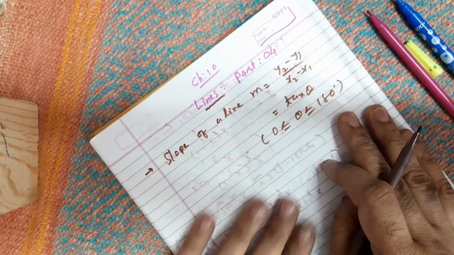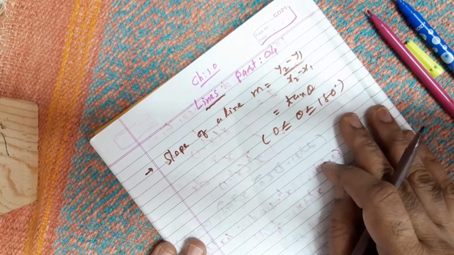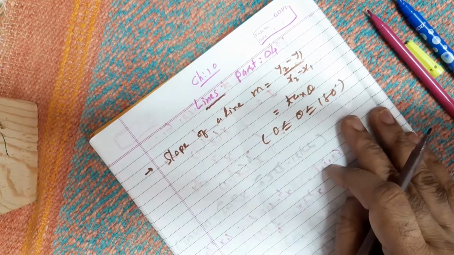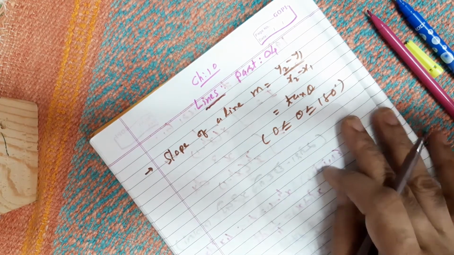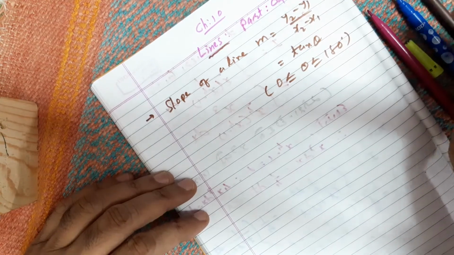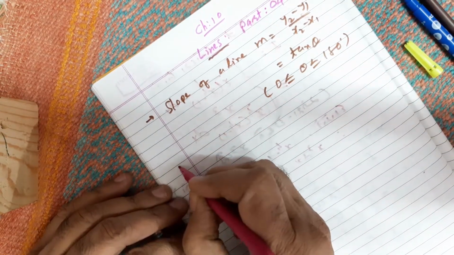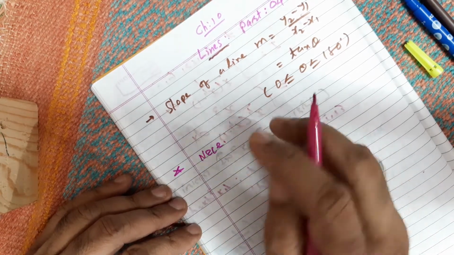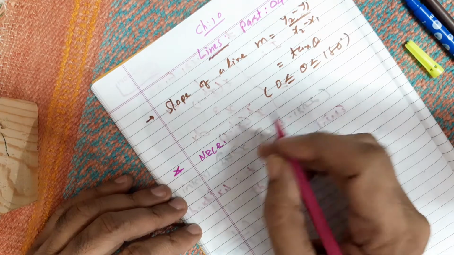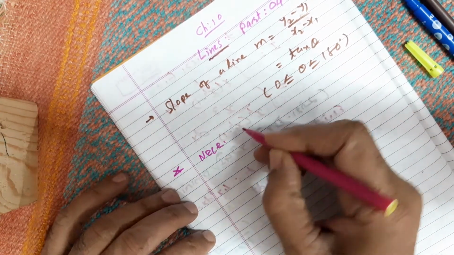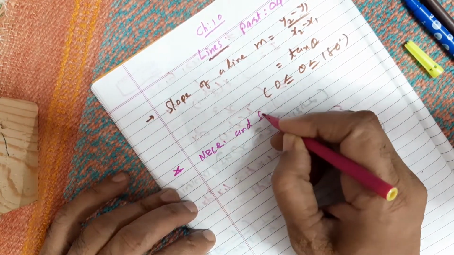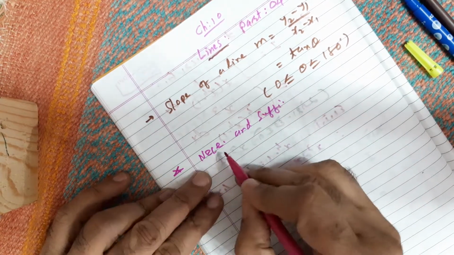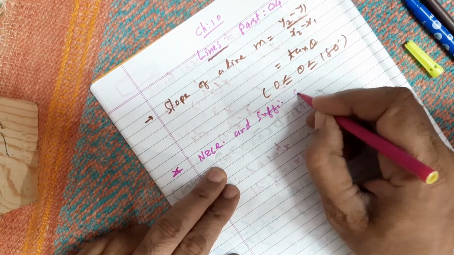Why do I recall this? Because in today's lecture there are three theory topics we are going to learn, and they are totally based on the slope definition. So the first topic for today is the necessary and sufficient condition. In the textbook it may not be written like necessary and sufficient, but I am writing it, and it is true. Necessary and sufficient condition